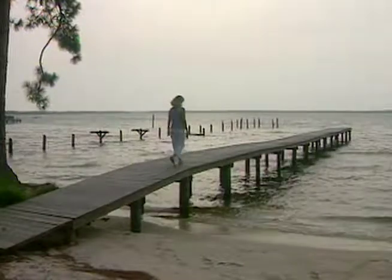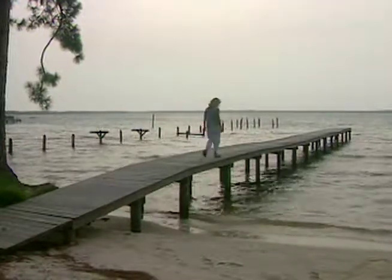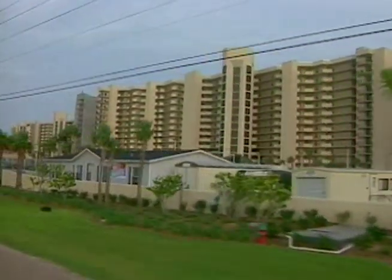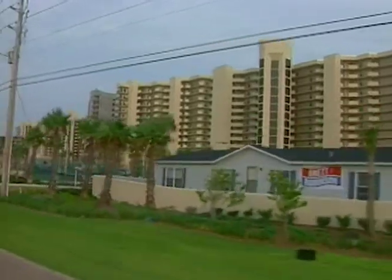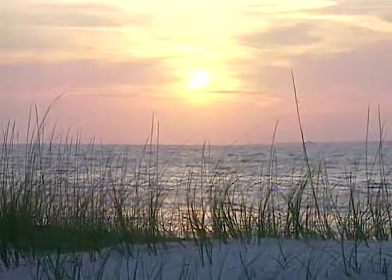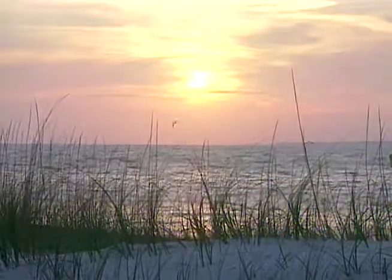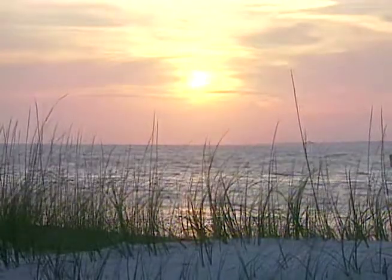And I know that people like to come here, and it wouldn't make sense to say no one can come, but if we destroy the very reason that they come, then what's going to happen? It wasn't that long ago that this looked like this. From her perspective of 94 years in this beautiful spot of Alabama, what does Miss Galloway see